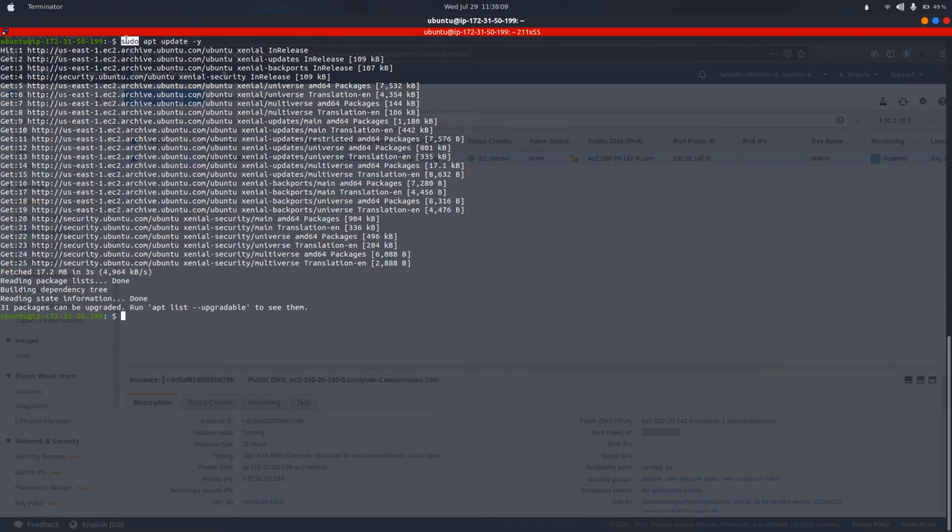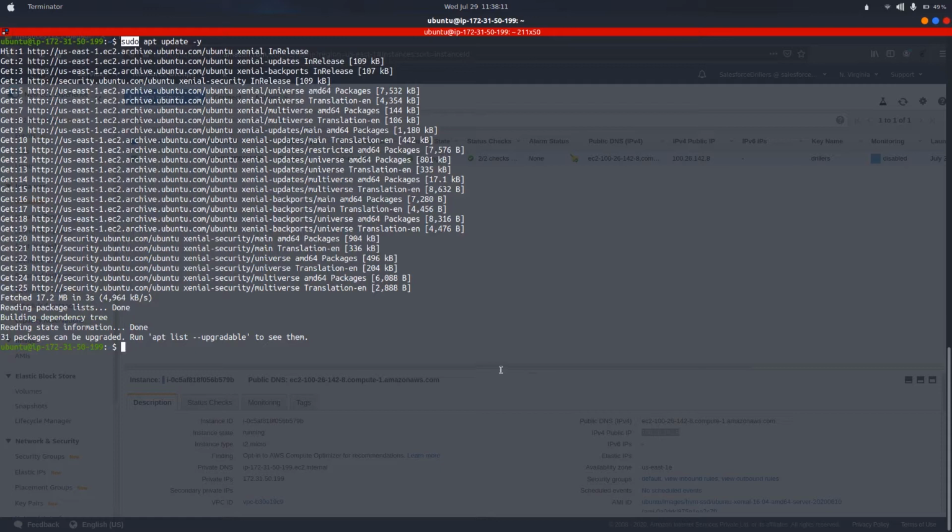Now if you want to add a user into a particular server other than the Ubuntu user, you can simply add a command which says sudo useradd, then the username, which is Salesforce Drillers in our case, then -m -s.